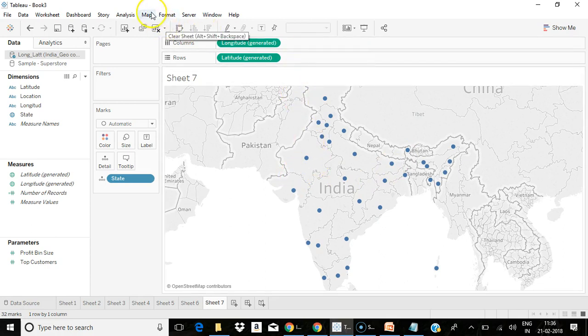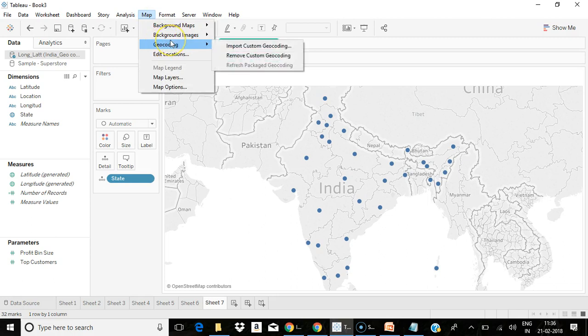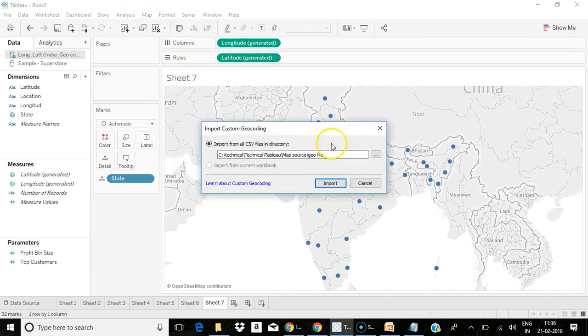So what if you have an entire geographical area which is not recognized by Tableau? In that case, you use this geocoding option. Custom geocoding helps you to plot entire new geographical areas into Tableau. That is, you have your geocode values in a separate CSV file, and that file is imported. So you can go to Map, choose Geocoding, Import Custom Geocoding, and you choose the map location file and